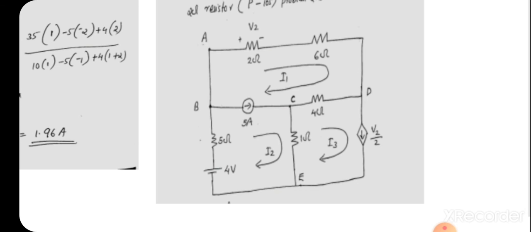What is this current source? It is a voltage controlled current source. How can you say that it is a voltage controlled current source? Since its symbol shows that it is a current source, but you know that the current value will be equal to V2 by 2. That means the current through that source depends upon the voltage V2. What is voltage V2? V2 is the voltage across the 2 ohm resistor. Okay, so it is a voltage dependent current source.